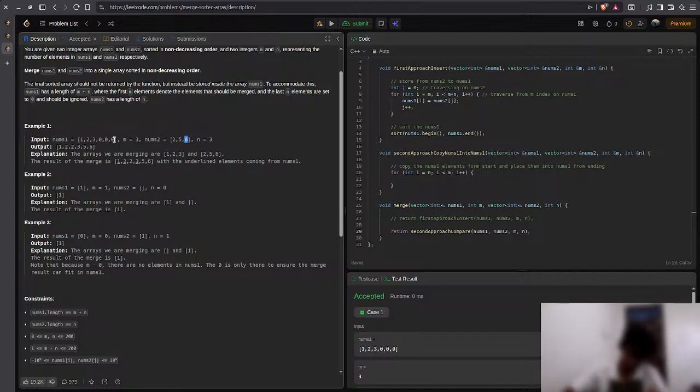I just replace the k with j, and again my k is here, my j is exhausted, it's less than 0. So now if my j is exhausted, I have to just break, because the left side of nums1 is already sorted. So yeah,